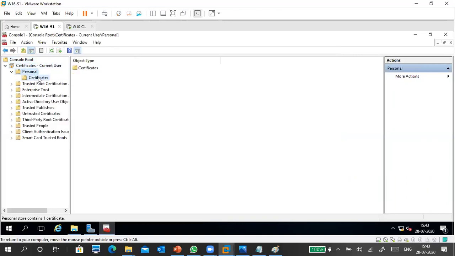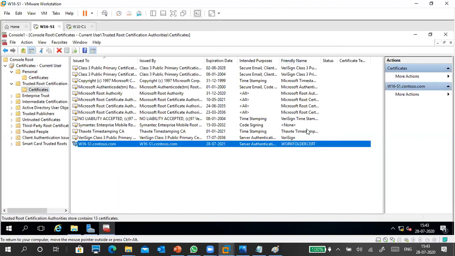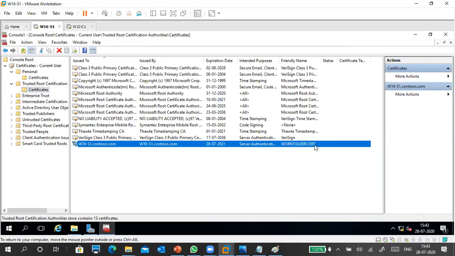In personal certificates, this is the file recovery certificate. Go to trusted root certification authorities, certificates. You can see this one. You can see the friendly name, work folder set. Under trusted root certificates, work folder set.